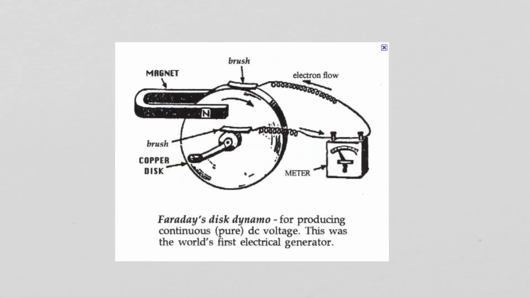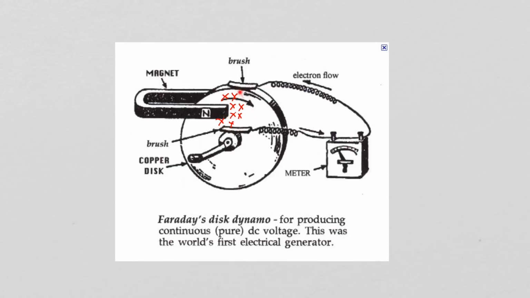Michael Faraday invented the first electrical generator. It was a DC generator, and it consisted of a copper disc that he could turn, and he had a magnet such that there was a magnetic field going through the top of the disc here. And then he had these brushes that laid across these 2 points, so they made an electrical contact but allowed the wheel to be turned. And when he turned the wheel, he saw that on his meter there was a current flowing.